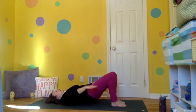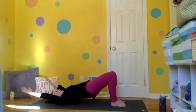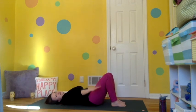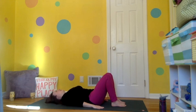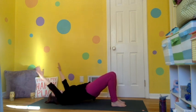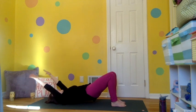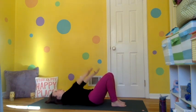Breathe in, hold your body up, and then breathe out, arms back down. We're going to do that one more time. You pick which move you want to do. I'm going to do the bridge, I think, this time. So breathe in, arms up and overhead like a big rainbow, and then breathe out, arms all the way down